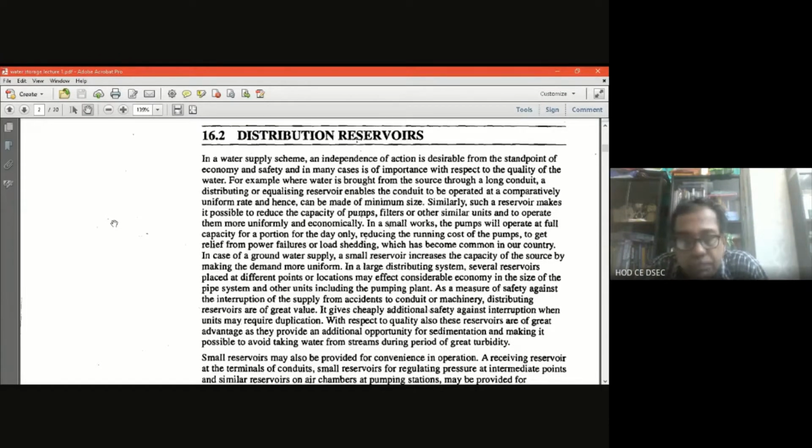Now what is the flood protection reservoir? Flood protection reservoirs store water during flood and release it gradually at a safer rate when the flood reduces. What is the distribution reservoir? It is a small storage reservoir used for water supply in a city or a town. And the multi-purpose reservoirs are used for multi-purpose activities.